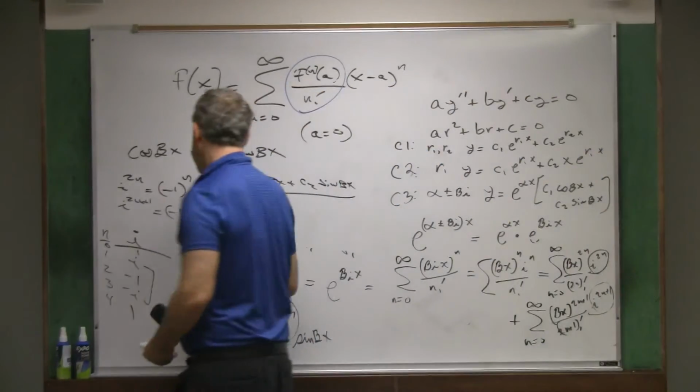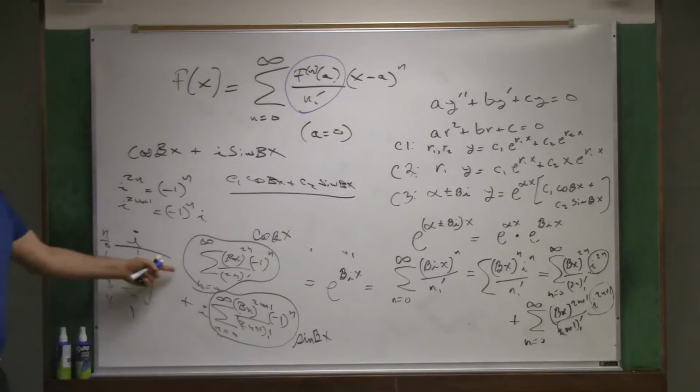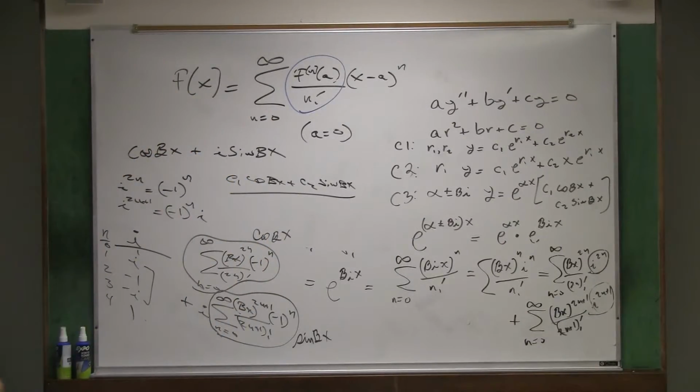That ties up a loose end. It's tying up a loose end, I told you. Yeah. But how do you go from y double prime plus y prime plus y to e to the power alpha plus or minus beta i? Like, the first step, how did you get there? From where? e to the alpha plus or minus beta i. Oh, well,